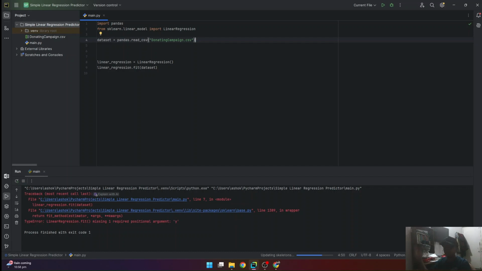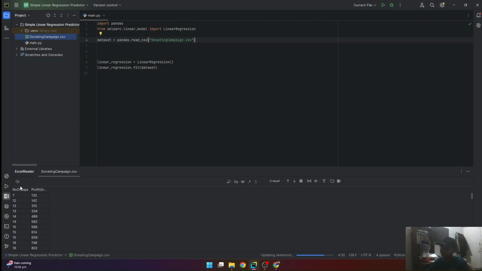So in my previous example, which was days of experience and salary, days of experience is the independent variable. From it, we predict the salary variable. So x will be the days of experience. But what's that in our case? It's number of days, how long the donating campaign has been going on.